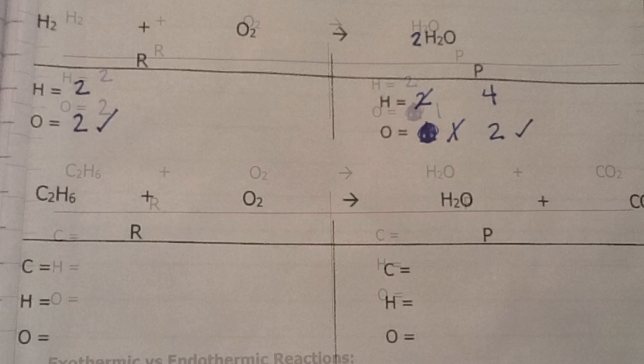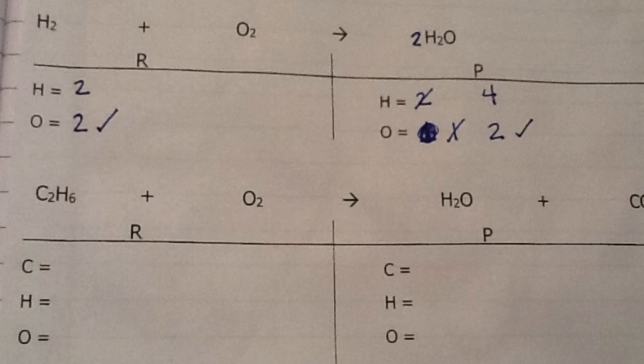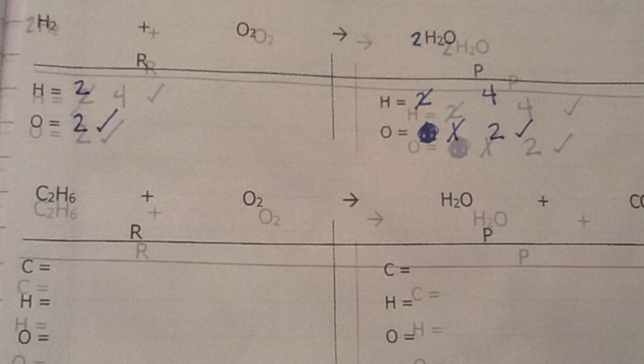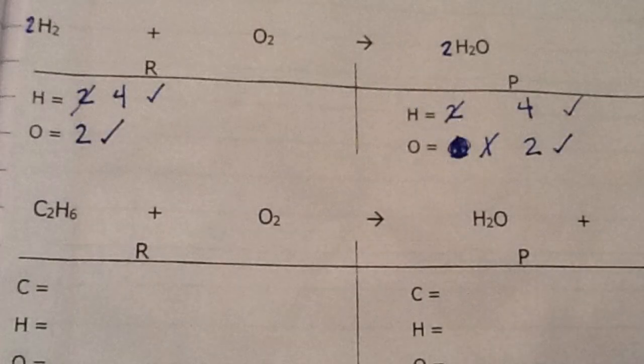I'm going to start by changing the coefficient on the product side to a 2, changing the number of hydrogen atoms to 4, and the number of oxygen atoms to 2, so it matches the number on the reactant side. The last thing we need to do to balance this equation is to add a coefficient to the hydrogen